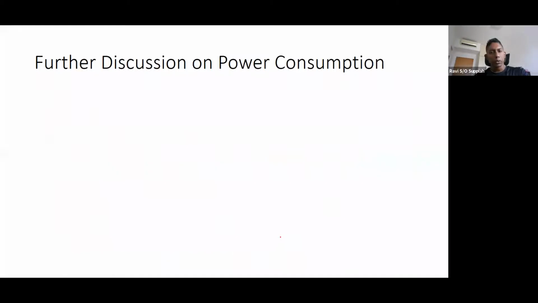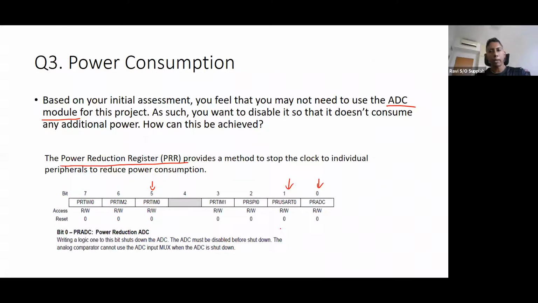You will also be covering more on power consumption for the RPI module as well. For the Arduino itself, there are some modules that you need not use and you can power them down. And at the RPI side, also there are a lot of modules that you do not need to use. Because once your RPI module is mounted on your robot and you're doing the actual run, you don't need the HDMI port, you don't need some other peripheral ports that you use while you are still writing your code and debugging. Correct. So all those subsystems can be powered down to help you save power and reduce your power consumption as well.